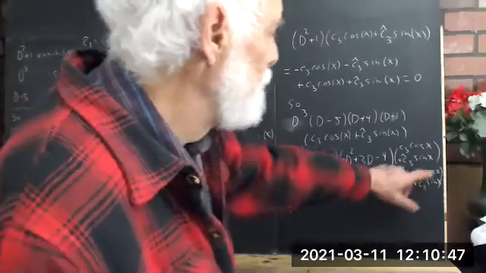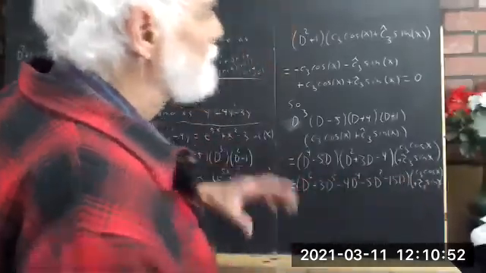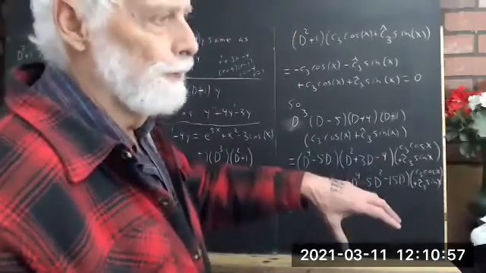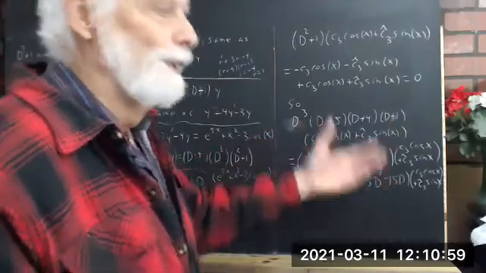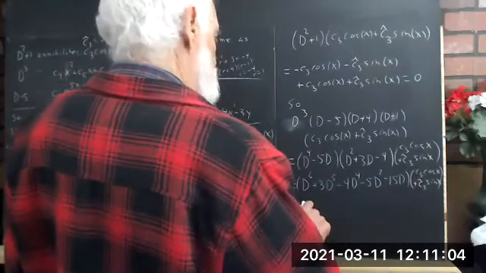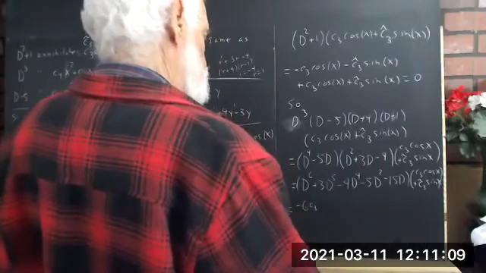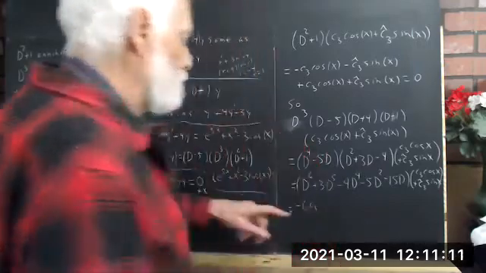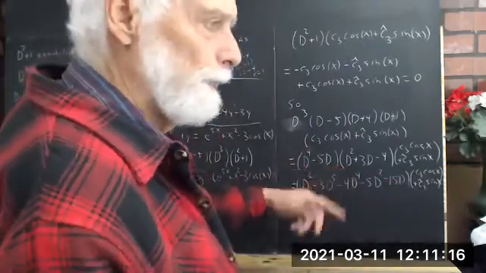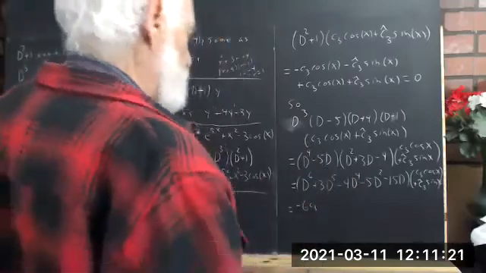Well, d to the 6th times cosine x, applied to cosine x, d squared is going to reverse the sign. Another d squared is going to bring it back to where it was, and another one's going to change the sign again. So we're going to end up with minus 6 c3. And I'm just going to write out the coefficients of cosine x first. And then 3d to the fifth. D to the fifth is going to give you negative sine of x. So this is going to be,